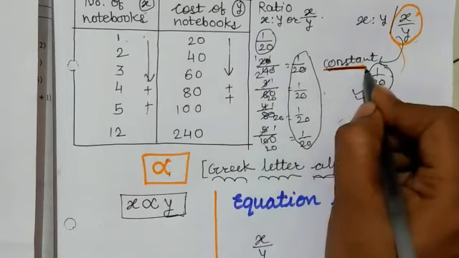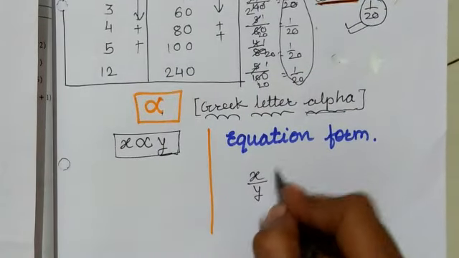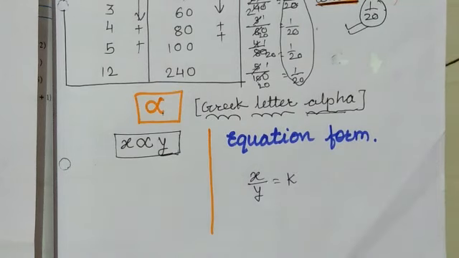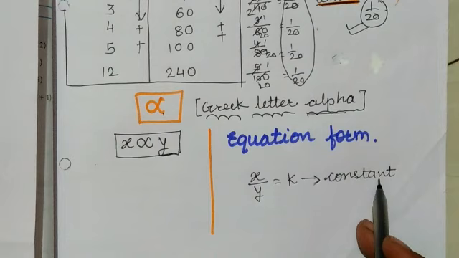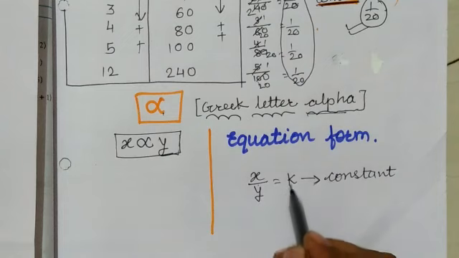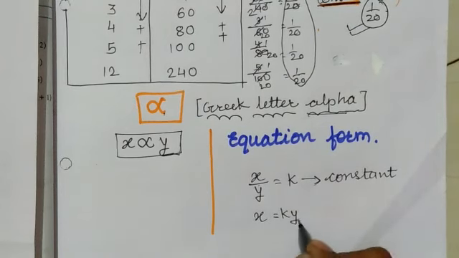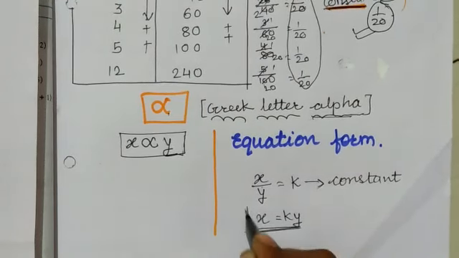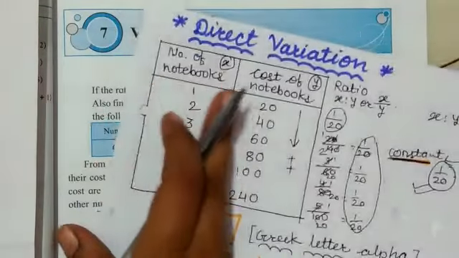This constant is indicated by the letter K in mathematics. So this K means the constant. So x upon y is equal to K. Now this y is dividing here, while going to the opposite side it will be multiplied. So x is equal to ky. This is the equation form of the direct variation,